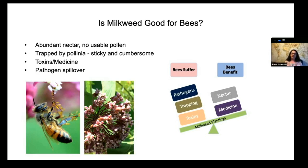provide any usable pollen. So all of that activity that I talked about, where female wild bees and honeybees are visiting flowers for their pollen and then provisioning their nests, they can't get that from milkweed, but they can get a lot of nectar. There's also the situation where the pollen is packaged in these little maple key-like configurations. And that picture on the left shows a honeybee actually stuck in that pollen. It's called pollinia. So that could be a way that bees are suffering, in fact, from